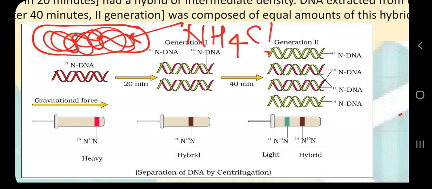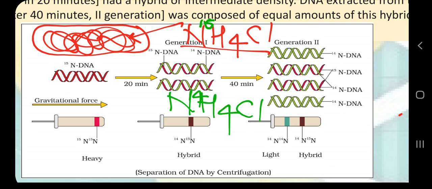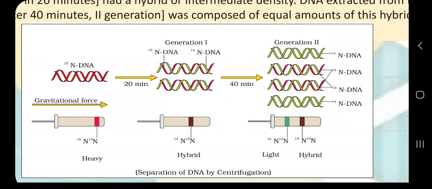If you provide any bacteria NH4Cl, again chemistry, this is called ammonium chloride, what will be incorporated in this bacteria? This NH4Cl, and here I am talking about only N. You can use NH4Cl with 14N, or NH4Cl with 15N. If you provide a colony of bacteria with heavy nitrogen containing 15N NH4Cl, the bacteria will incorporate 15N in its DNA while replicating the DNA, during cell division. And if you provide normal NH4Cl, having atomic mass 14, 7 protons, 7 neutrons, the bacteria will incorporate 14N in its body or in its DNA.